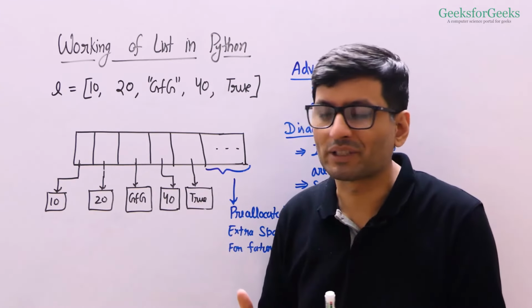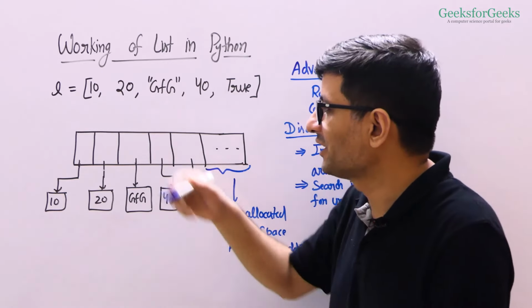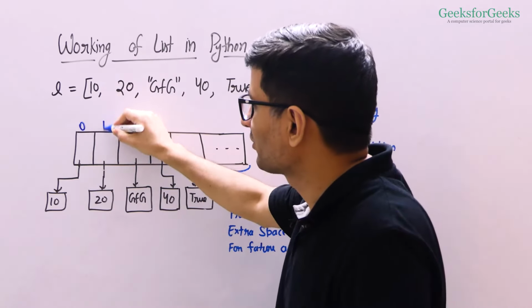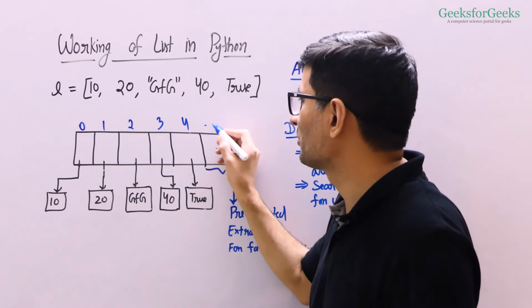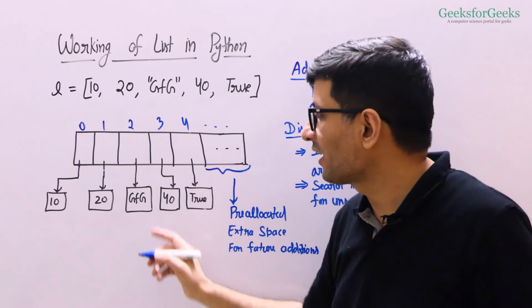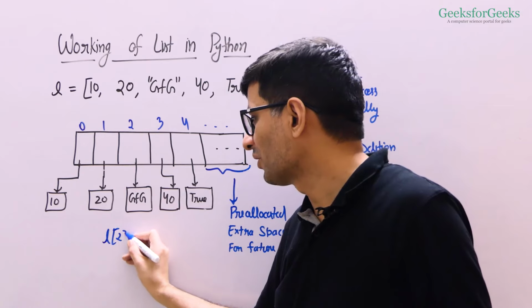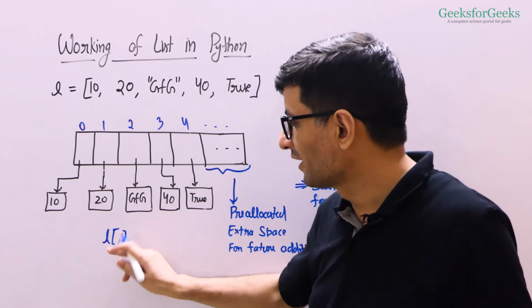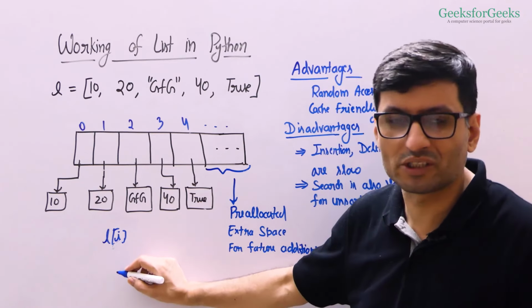What do we mean by random access? If I want to get the ith item, and these items are indexed in arrays, right? So in a list also 0, 1, 2, 3, 4, we have seen that we can access these items using indexing. When I say this is the list and I want to get the item list of 2 or list of any index i, this is what is random access. I can get the ith item in constant time.